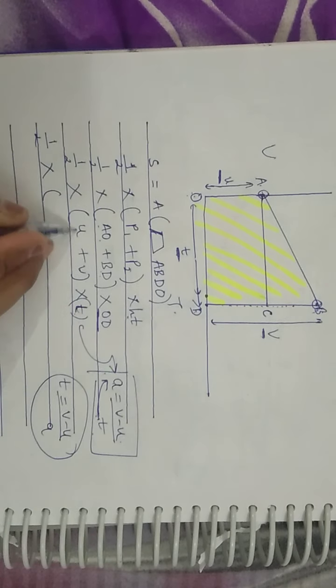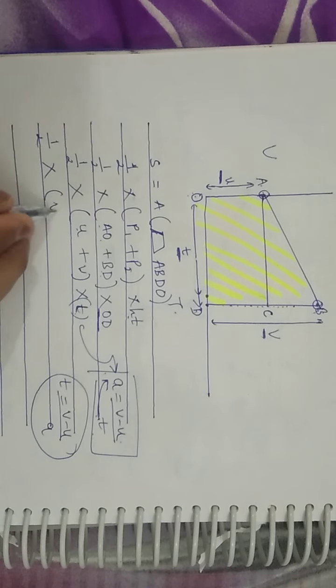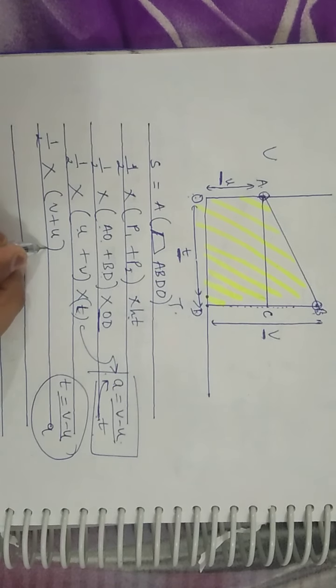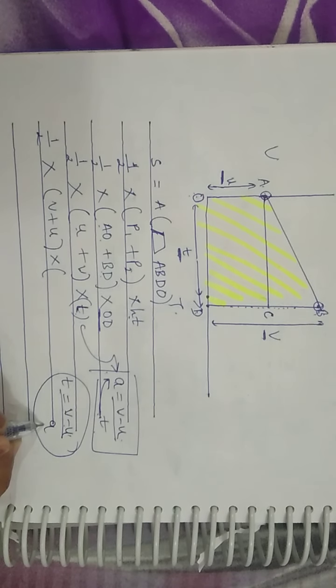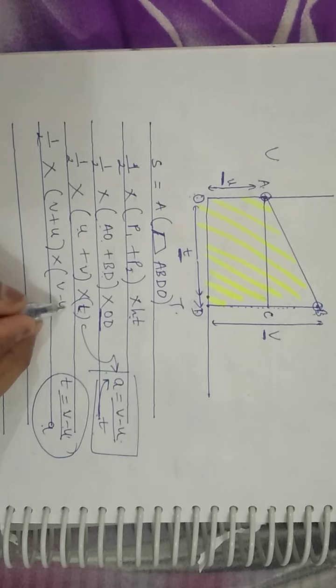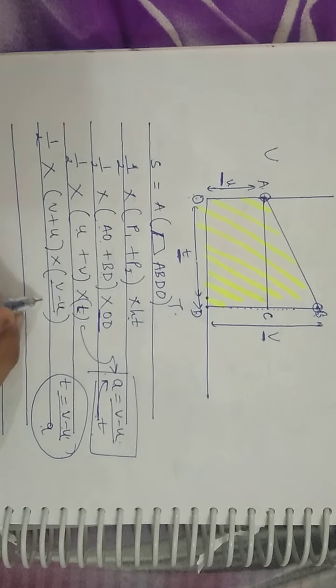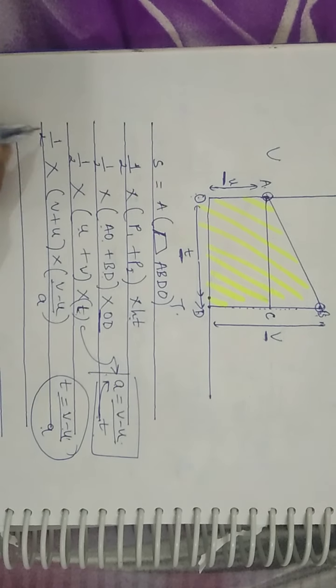can we write it as V plus U? Of course we can. So V plus U, and T is equal to V minus U upon A. Simply writing it as V minus U upon A. Now student, here